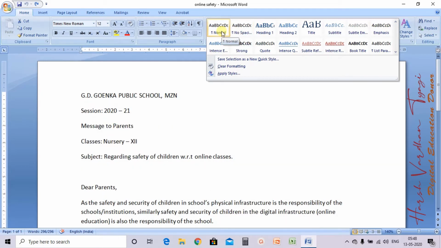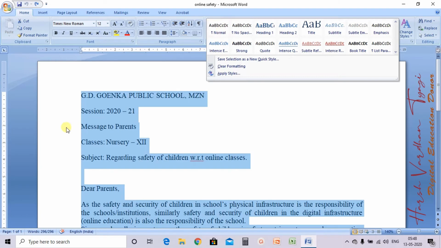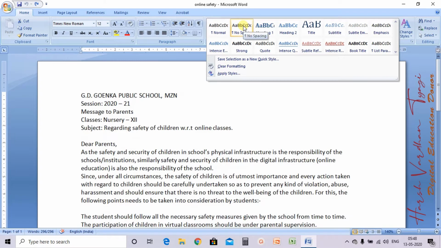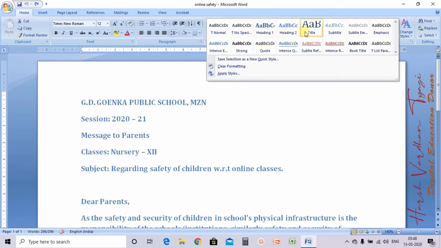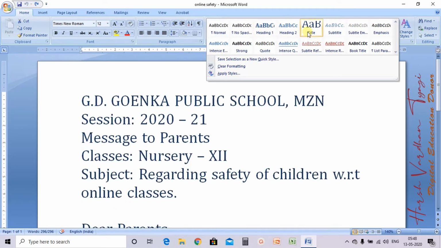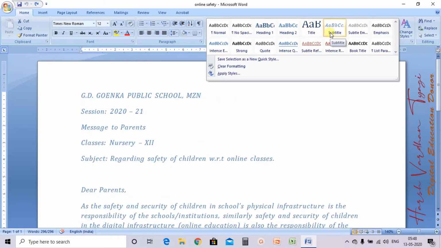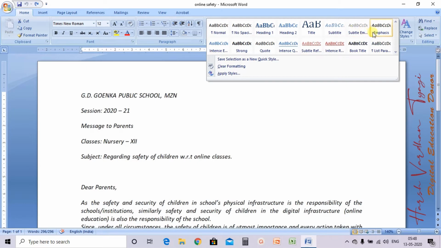In the normal one there is space in between, but when we select the style named No Spacing, there is no space between the lines. Then the next one is Heading. When you select Heading, your particular text will be emphasized. Then Heading 2, Title. There are so many built-in style options which you can use.